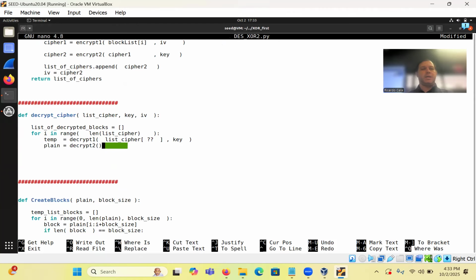Decrypt to, of course, takes temp, comma, and it takes